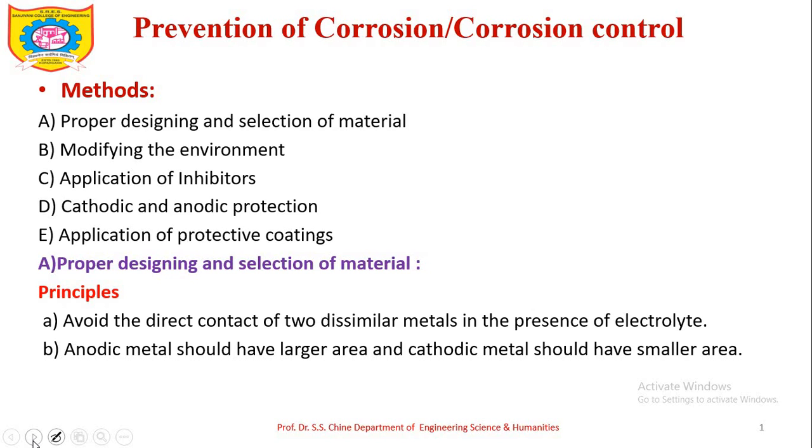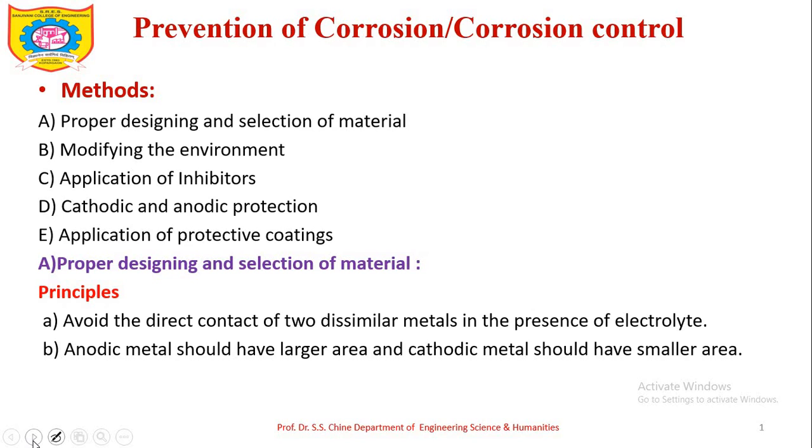While studying the factors affecting rate of corrosion, we discussed that 2 important factors are there, nature of metal and nature of environment, which decide the rate of corrosion. In that, the nature of metal is the most important, in which the designing as well as the selection of that metal is most important. So which principles are to be taken into consideration while selecting the design as well as material? Let us start the discussion.